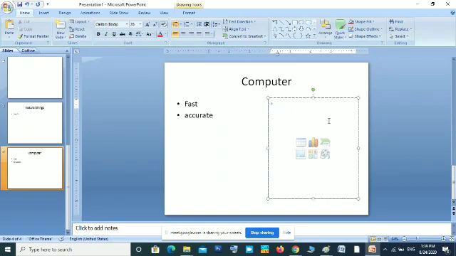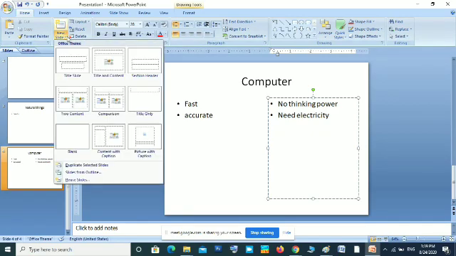On the right hand side you can write the disadvantages: no intelligence or no thinking power, need electricity. Okay, in this way you can make this layout.